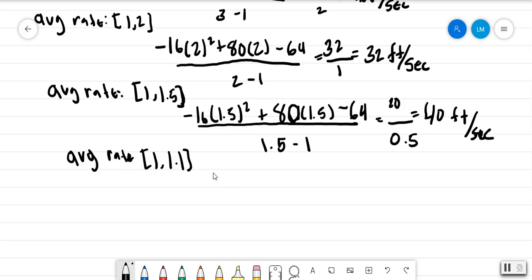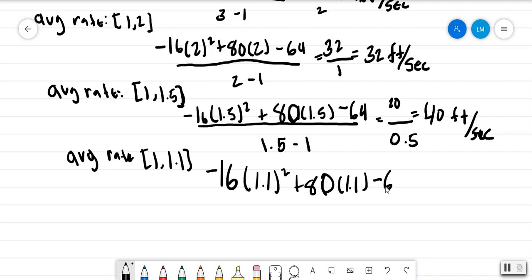So we have negative 16 times 1.1 squared plus 80 times 1.1 minus 64 feet, all divided by 1.1 minus 1. Now, if we do the computation again off screen, plus 80 times 1.1 minus 64,